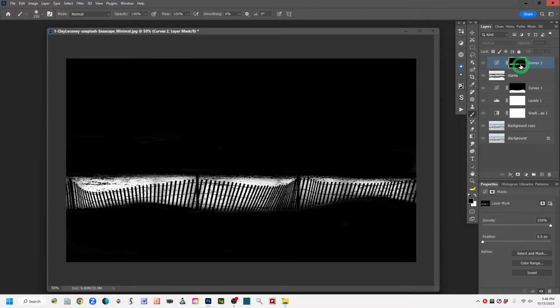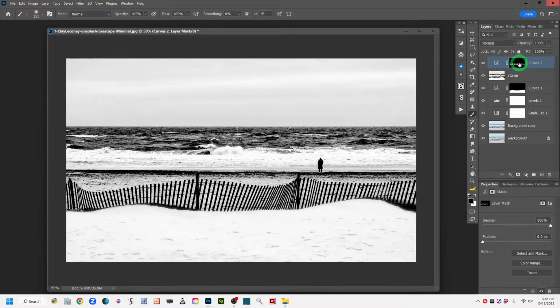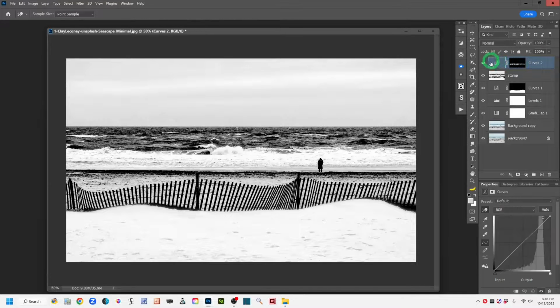So I'll press Alt or Option, depending on the machine, and left click on that mask, and then left click on the thumbnail for that curves layer. Okay. So now I want to do the same kind of thing I did before. I want to come down to the properties or up to the properties, wherever yours is, for that curves layer that's active. Go to the properties, and again, I'm going to try to lift the blacks and see if I can get rid of some more of those details in that mid-ground